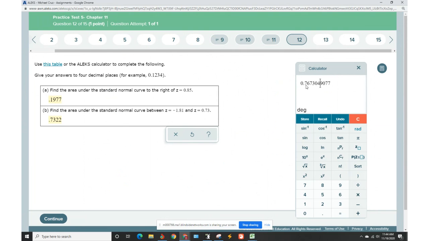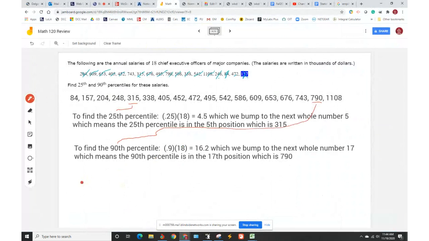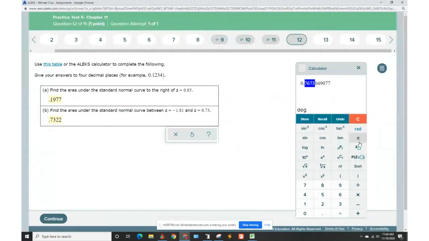So 0.763. I'll tell you what, I'll write it on the little board. And then the other one is